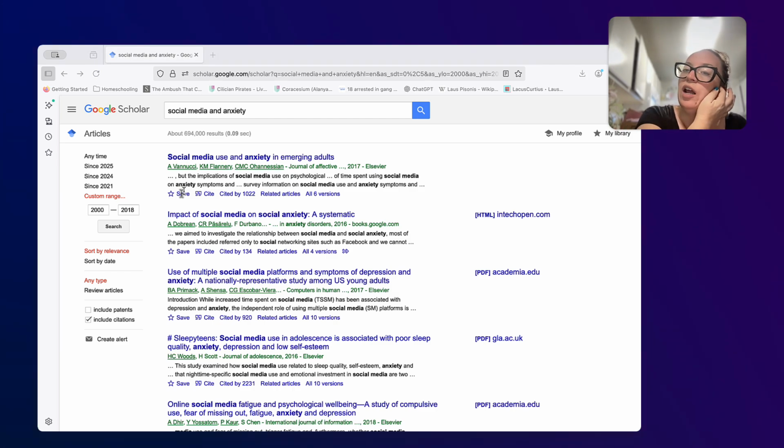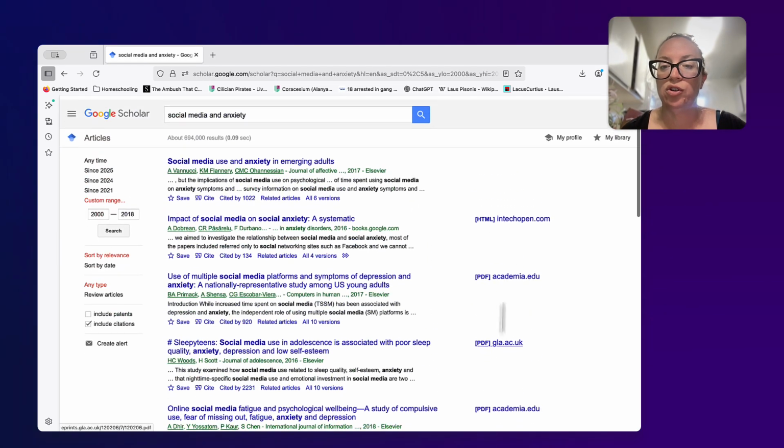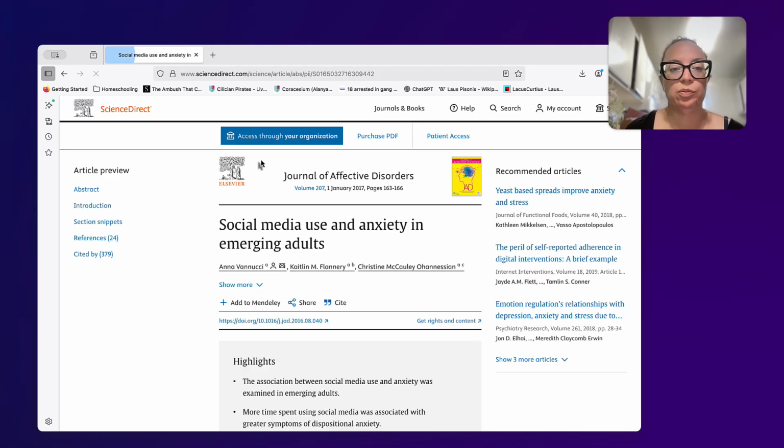Remember, though, not everything will be available to you here through Google Scholar, but it will tell you what is available for full view, or for PDF. So you can always, of course, click into these and take a look. Yeah, so if there is a link here, then those are full text. If there's no link, like this one doesn't have a link, then that means that it should just be the